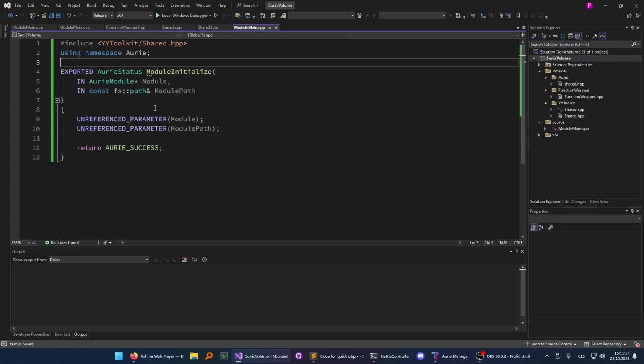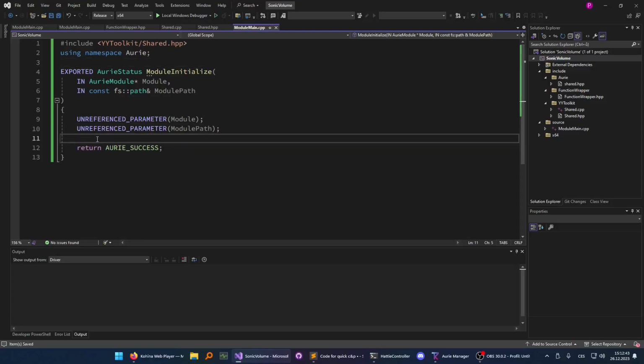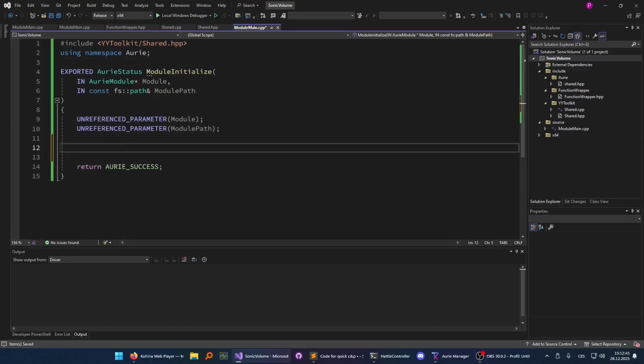Now, the way Aurie is set up, the module initialize function only runs after the GameMaker engine finishes initialization, right? After it creates a window and starts executing code. So, once the framework itself actually fires this off, we're already in what amounts to be a fully initialized engine, right? So we can actually go and do stuff with it as if we were already running in the context of the game. So the first thing we're gonna actually want to do is make some space for us and create